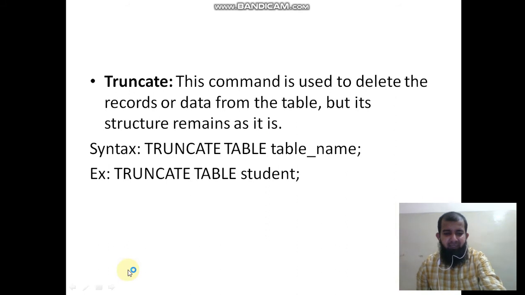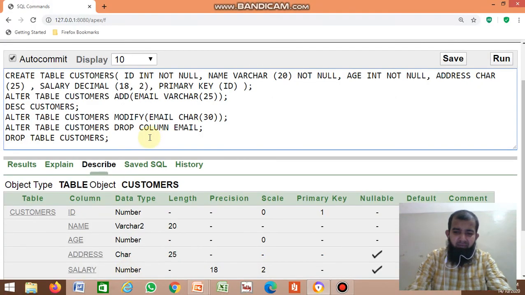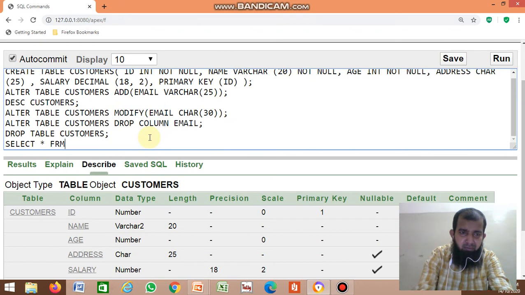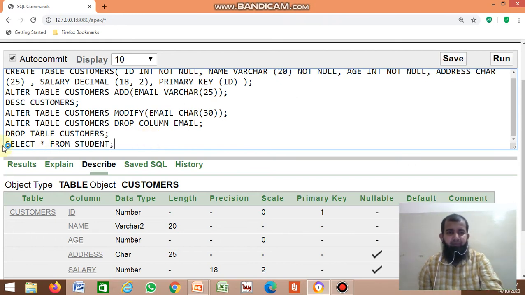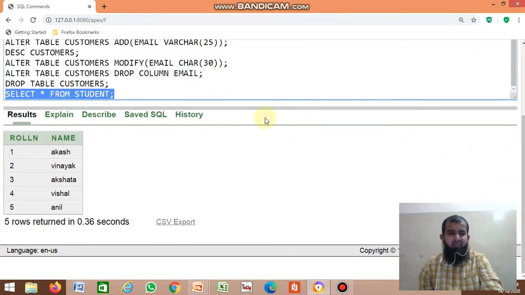For example, here the student table contains some roll numbers and names.